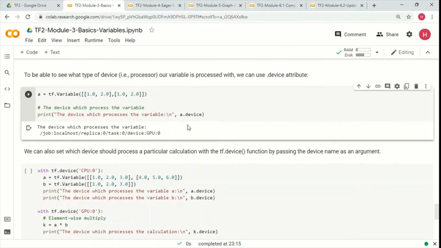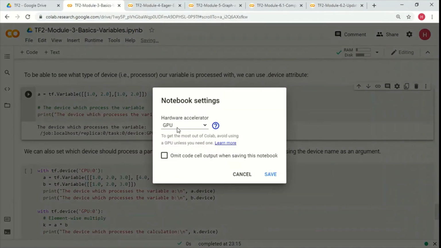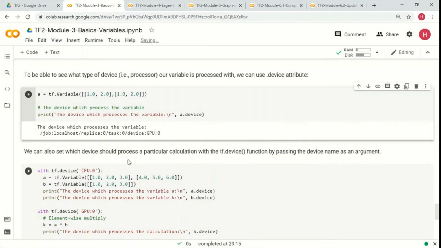Now in this particular case, we have the runtime set as GPU, right? So the variable is assigned to a GPU, because TensorFlow will allocate a variable to a particular device which is most performant for that particular data type. Okay,